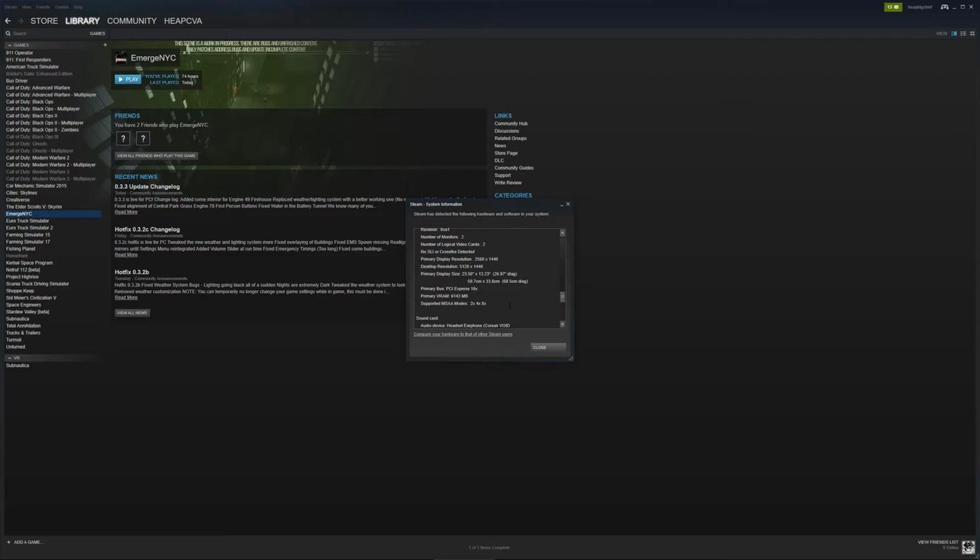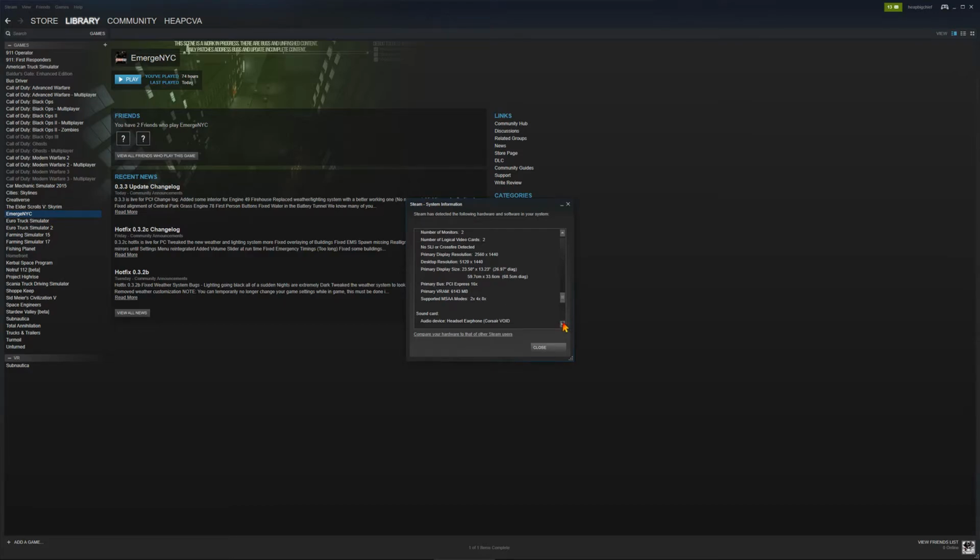I can tell you, and they've published it on the forum several times, that you need a minimum of 4 megs on a video card just to play Emerge NYC, and 4 is at the ragged edge of not enough. 6 right now, until it gets optimized and gets everything fixed, is actually sometimes not enough, especially lately now that multiplayer's in.